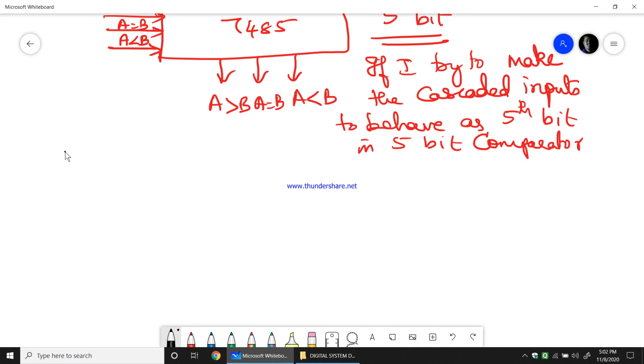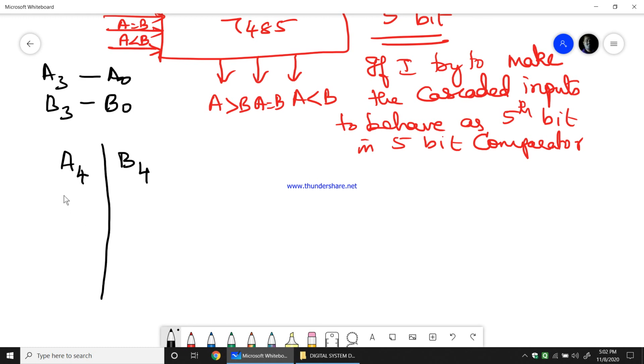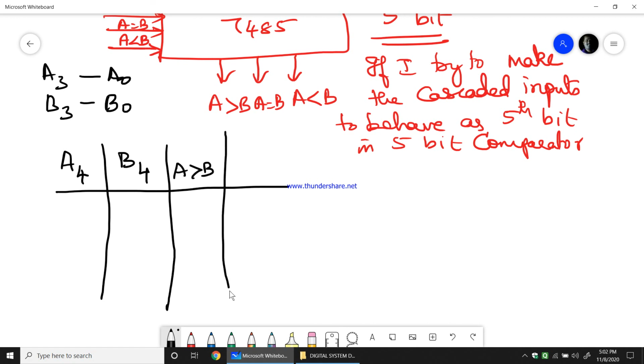What is the 5th bit comparator? Which is A4 and B4, because A3 to A0 is one 4-bit number and B3 to B0 I have already as the second 4-bit number. So I need to design A4 and B4 as the 5th bit for the 5-bit comparator. So I will say A greater than B. So if I code the cascaded inputs,